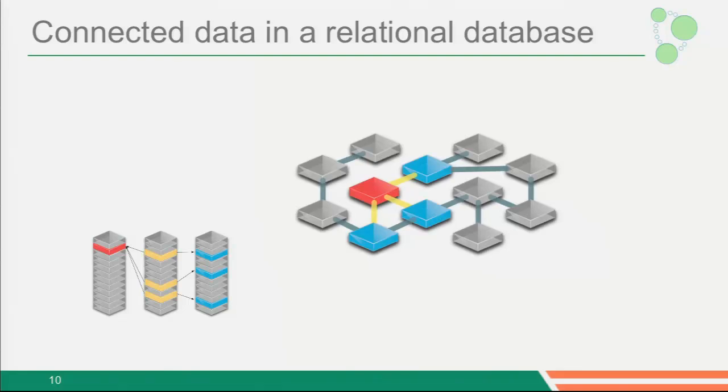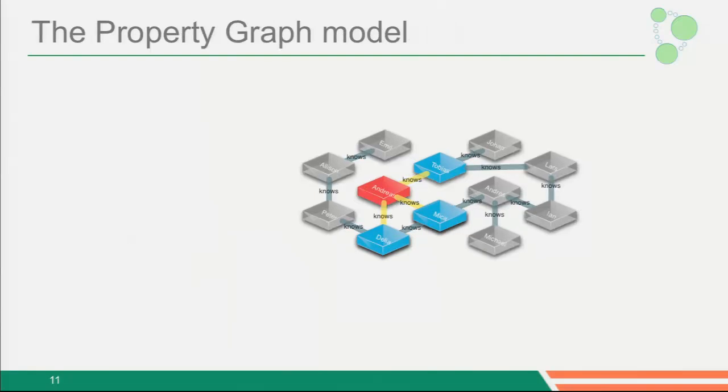So then the question is, what if we have in memory a representation like the one over there, and we conceptually think of it that way? Why don't we have a database that can natively work in this way? And of course, the answer to that is that we do, and it's called a graph database. Specifically, what we're talking about here is the property graph model.